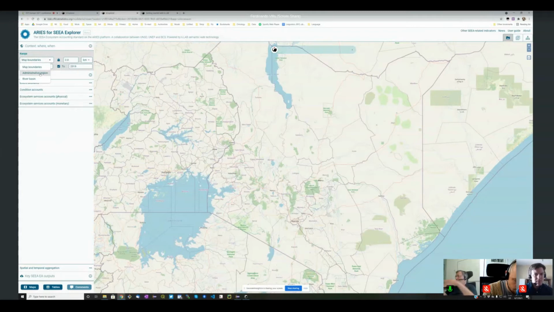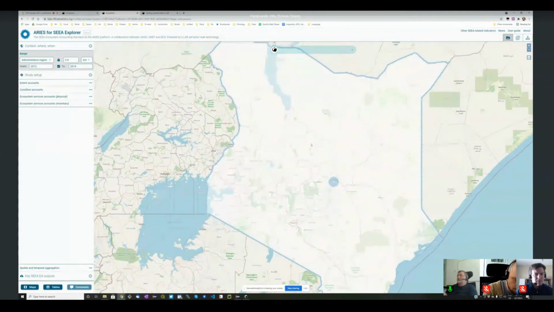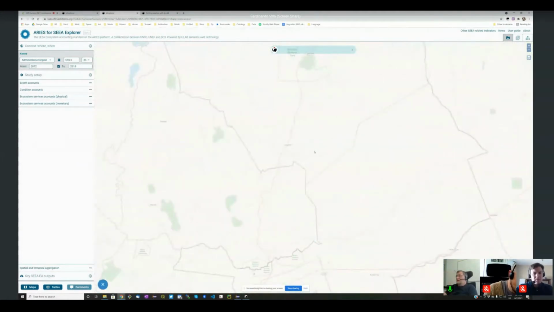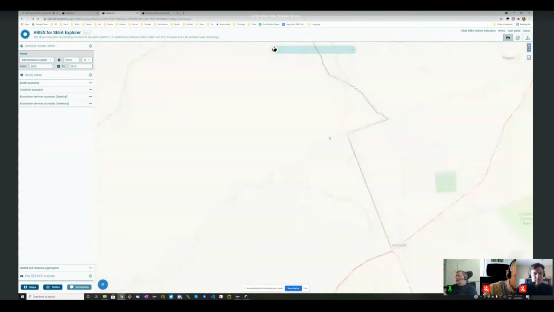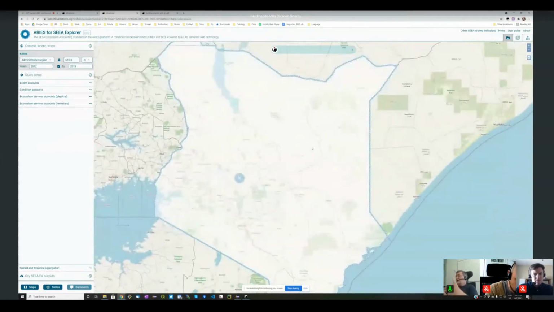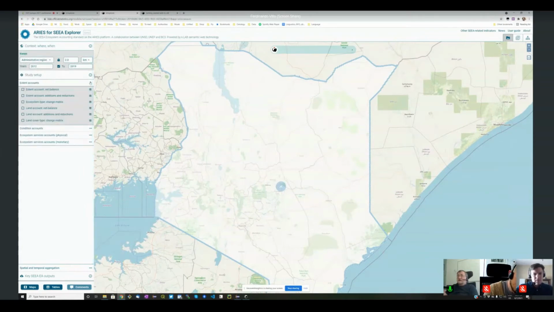Before you saw a square context, but you can actually go by administrative region. So this is the entirety of Kenya, or I can go further deep into the system and get something a little smaller, like a particular part of Kenya, like this particular region over here, etc. It just goes with your zoom level, so it's very easy to pick a particular country or something else. We can also choose watersheds, etc. And then you can tell the system what you want. In this case, you may want the net balance for the ecosystem accounting.